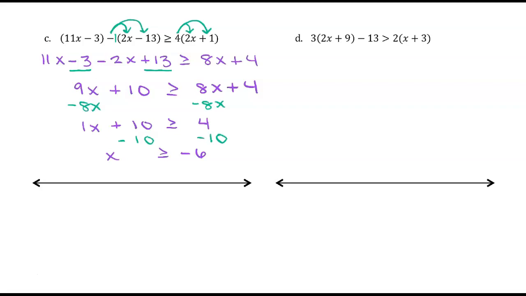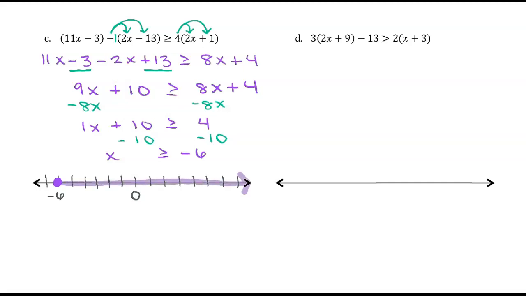All of the solutions to this inequality are values that are greater than or equal to negative 6. Let's graph this on a number line. Since we have an equal sign as part of our inequality, we want a closed circle at negative 6. We also want all x values that are greater than negative 6, so that's all values to the right of